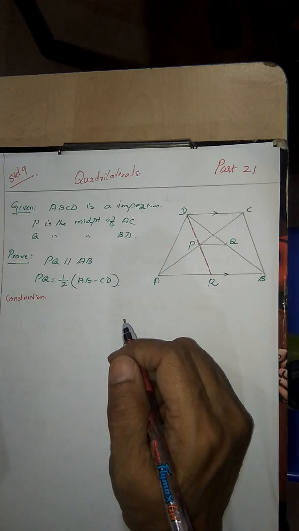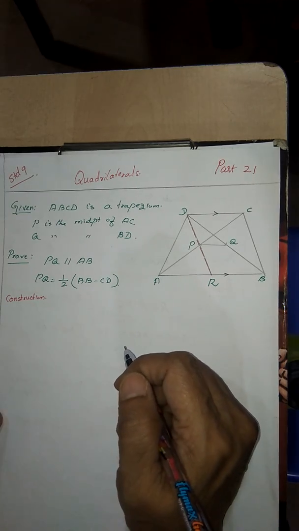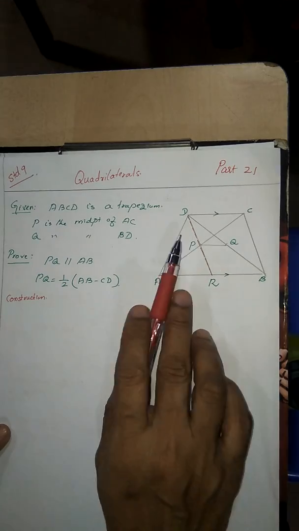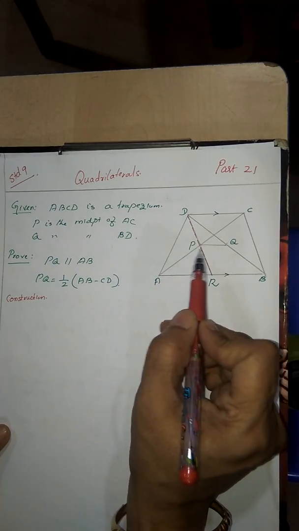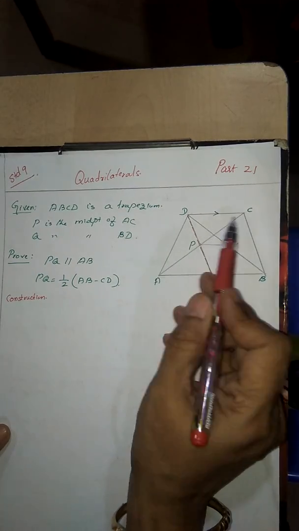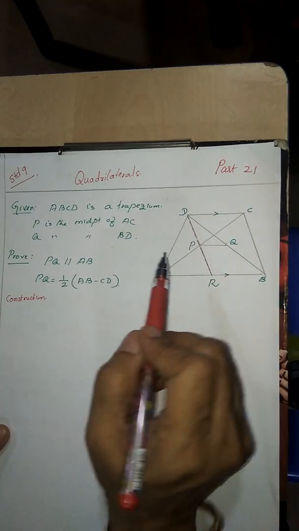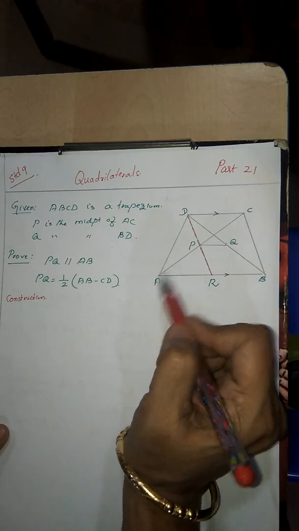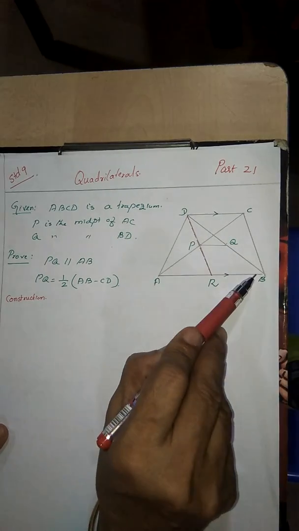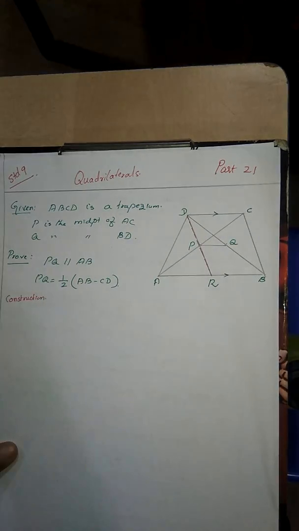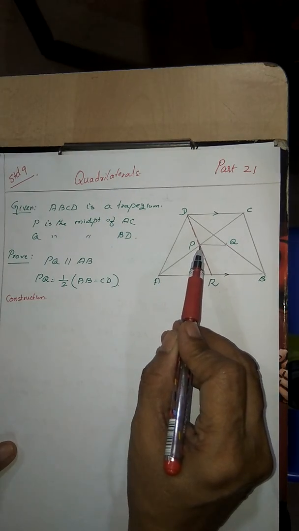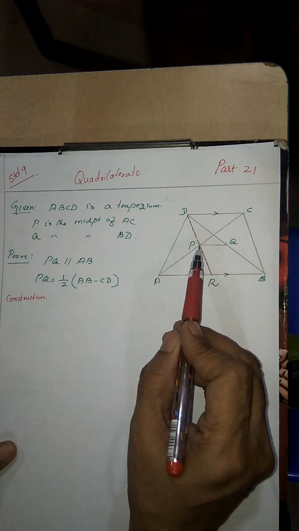The chapter is Quadrilaterals for standard 9. It's given ABCD is a trapezium, and AC and BD are the diagonals of the trapezium. P is the midpoint of AC and Q is the midpoint of BD. Now we have to prove PQ, that is the line joining the midpoints of the diagonals,